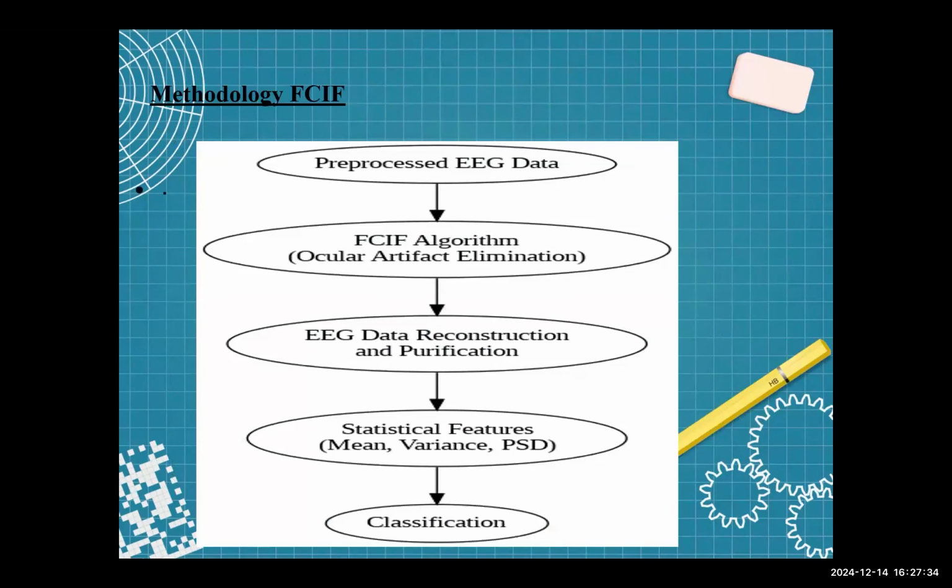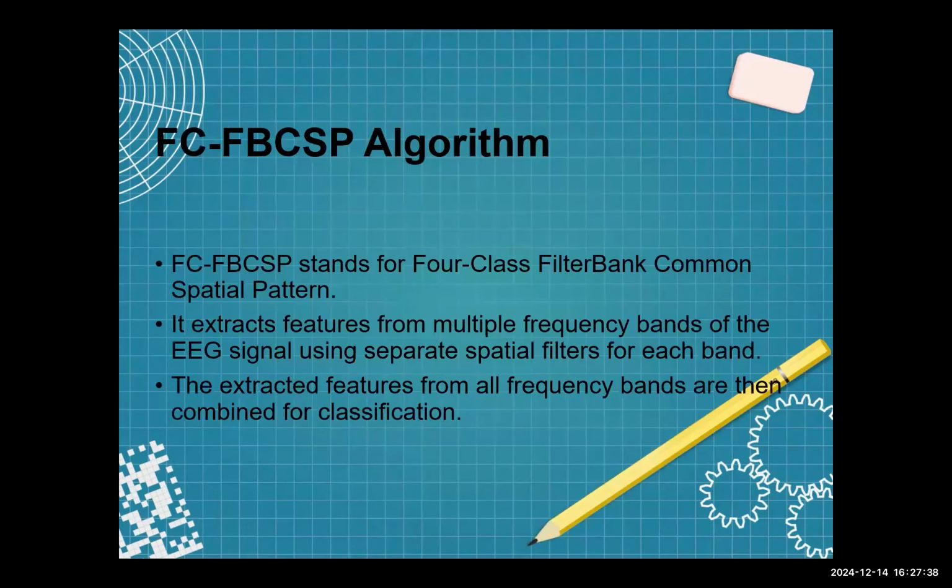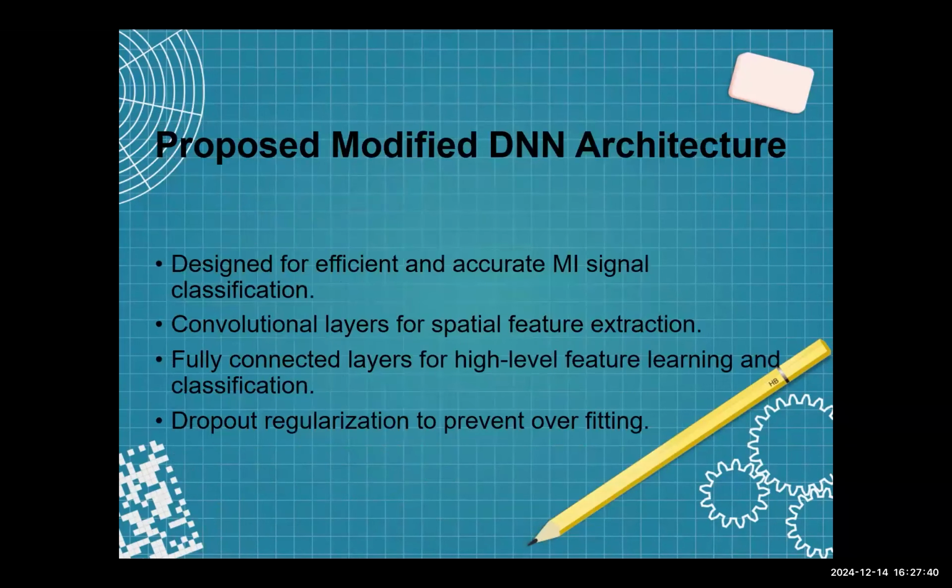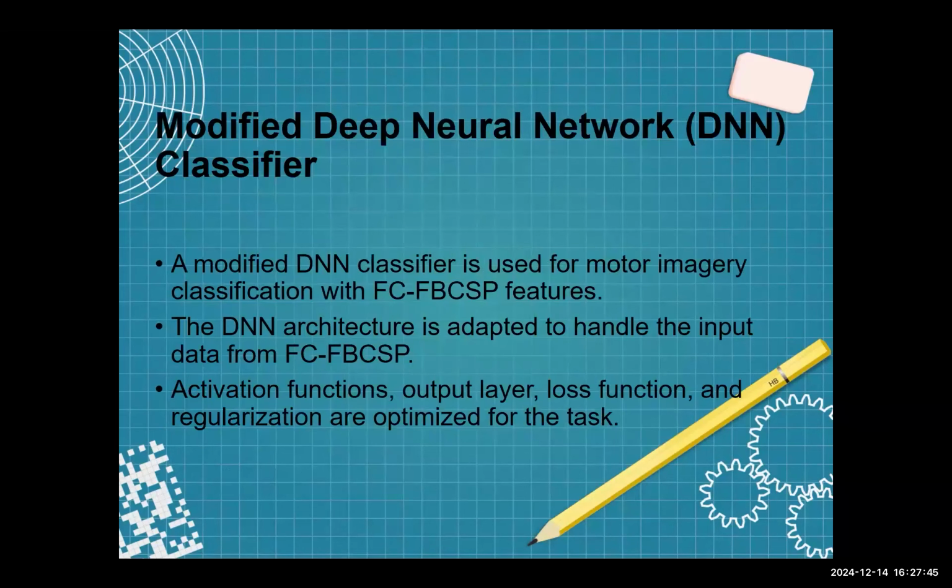Then, with modified deep neural networks, we use a modified DNN classifier for motor imagery classification with 4 class